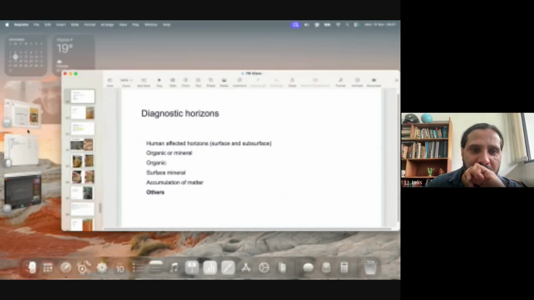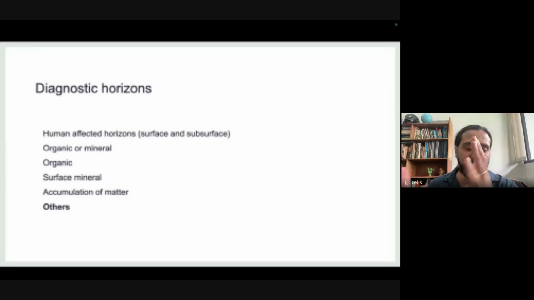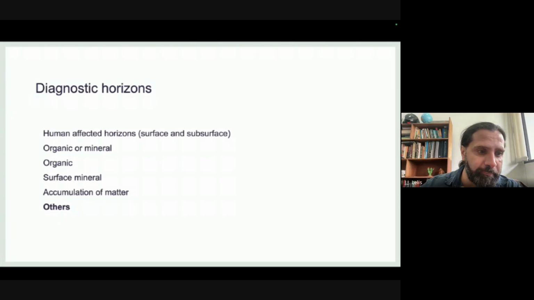Great. So, start here. Guys, in the last class we finished talking about diagnostic horizons in the WRB that express accumulation of matter, the accumulation of solid particles, organic or mineral, by transport, by movement, by migration of material, or because some particles can be weathered and destroyed, and then you concentrate some elements and